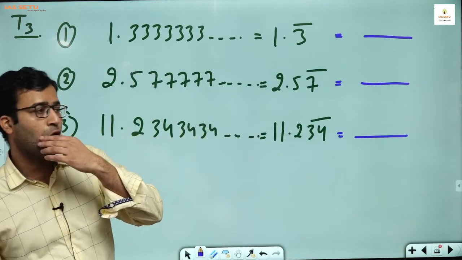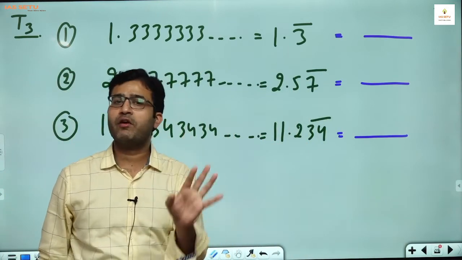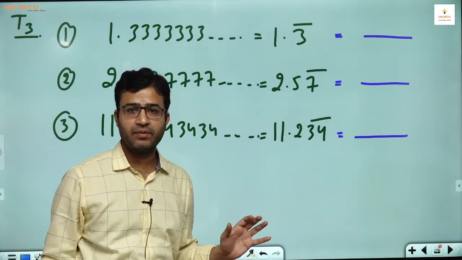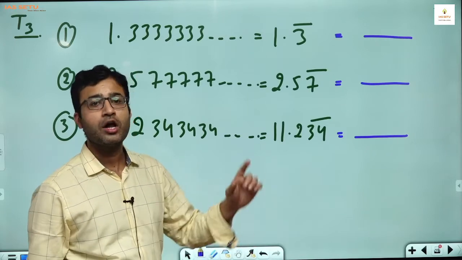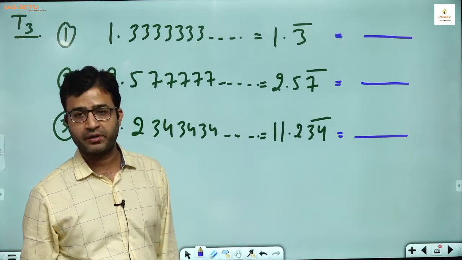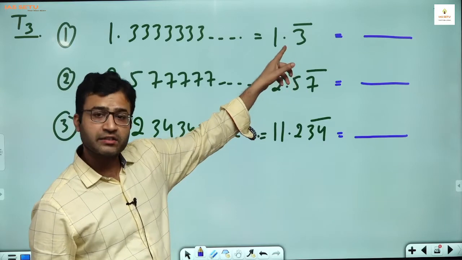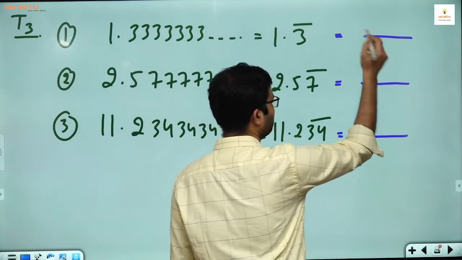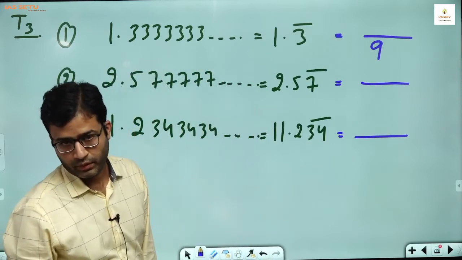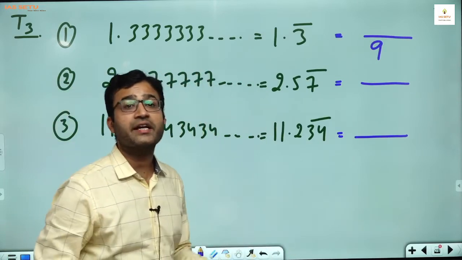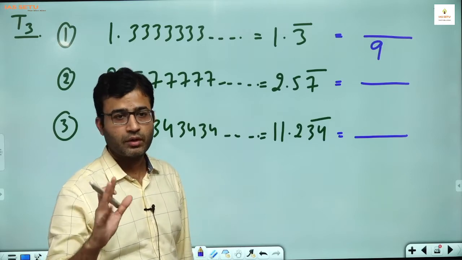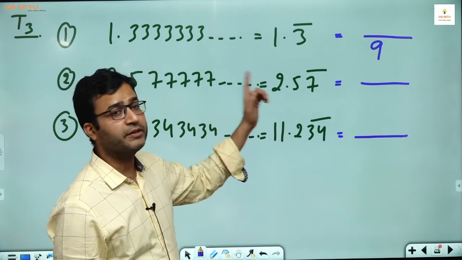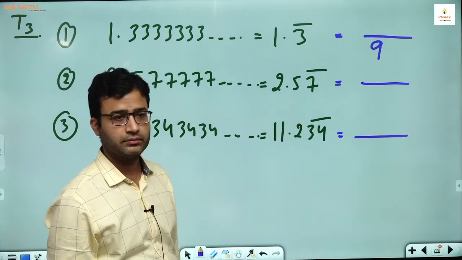First we start with the denominator. For the denominator we have only two rules, 9 and 0. As many 9s as many digits under the bar, followed by as many 0s as many digits between the decimal and the recurring part. So here there is one digit under the bar, so we put one 9. After this 9, how many 0s? Since there is no digit between the decimal and the recurring part, we will not put 0 here.